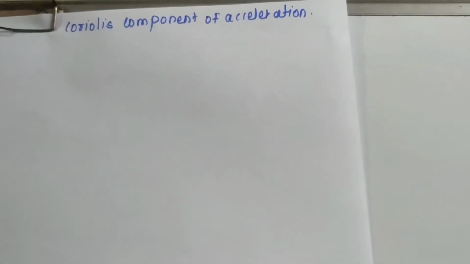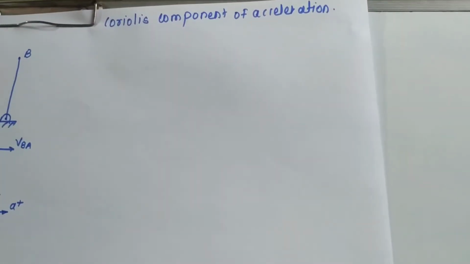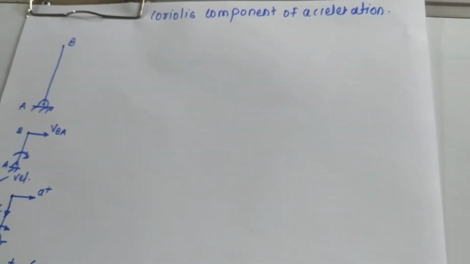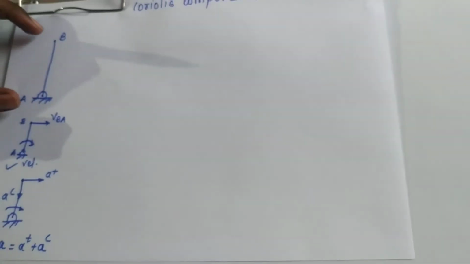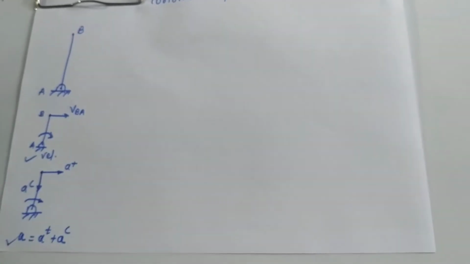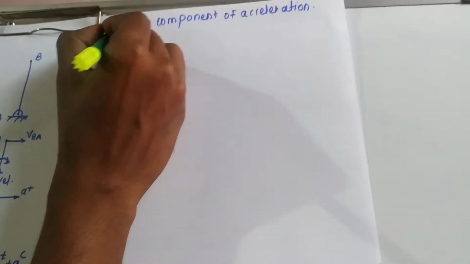Now as our topic is the Coriolis component of acceleration, we will see when this component gets added. So here we just discussed, if the two points have a fixed distance on a link, how to find velocity and acceleration. This is the topic we cover in unit number 5. Now in addition to this, the Coriolis component will be there only in a particular case. If you consider the same link, so this is all about relative velocity, we add the Coriolis component here.